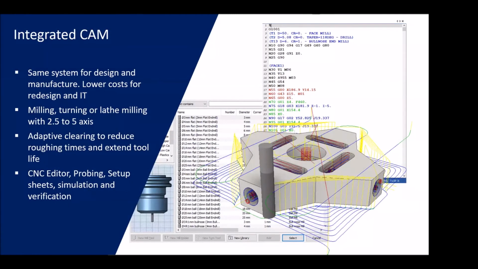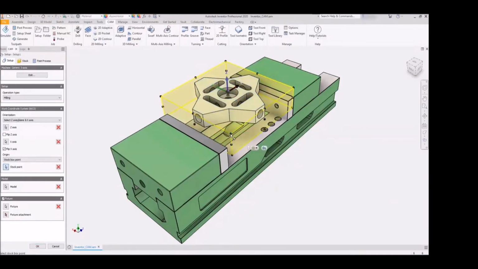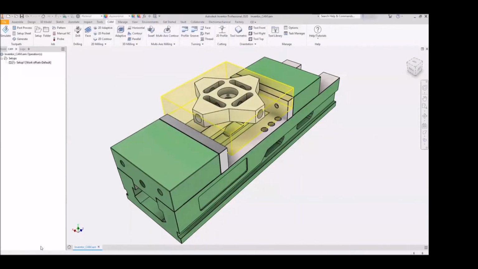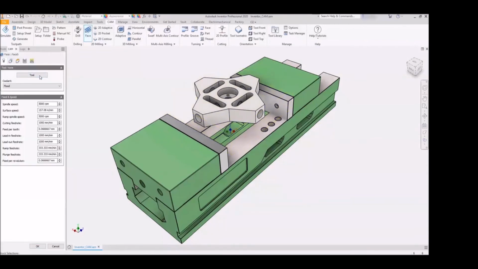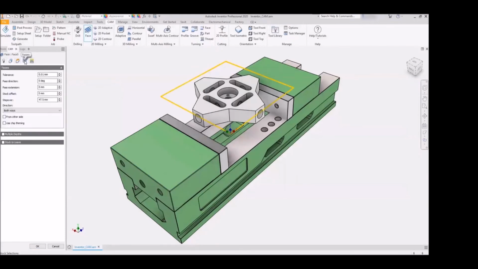All right, integrated CAM. So Inventor comes with integrated CAM, and we can do turning, lathe milling with 2.5 to 5 axis machining. We also have adaptive clearing, and there's a CNC editor. We can do probing, setup sheets, simulation, and verification. So this is what it looks like. Here we have a component inside of Inventor, and we're going to set up a milling operation. From here, we choose a machining strategy, and we go and add in the different operations. So we're doing a facing operation at the moment. We can choose our passes, so we can set that to a 40 millimeter step over,